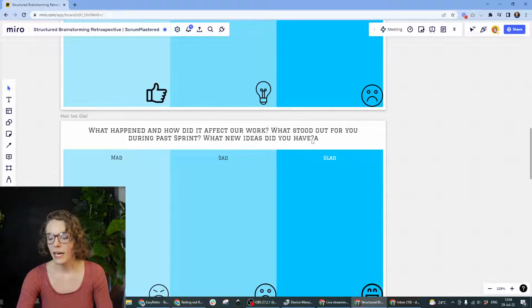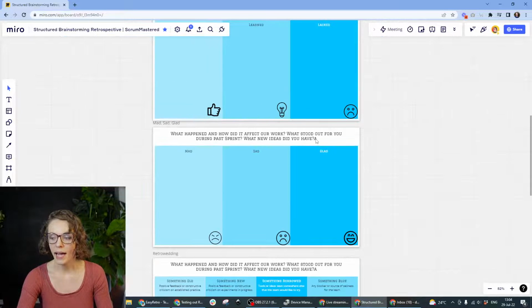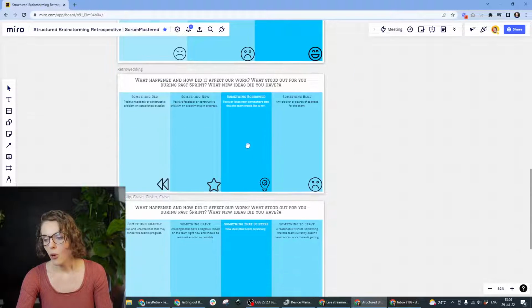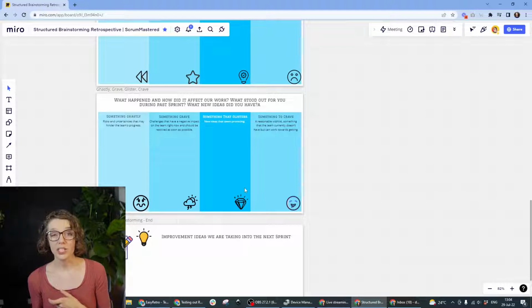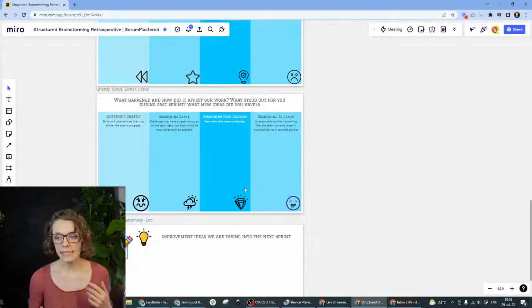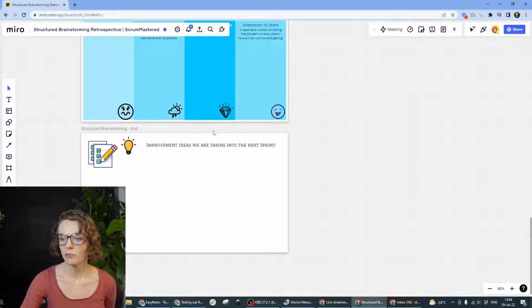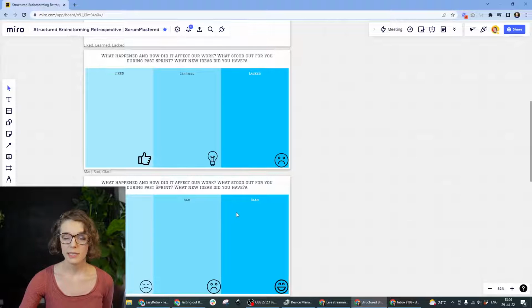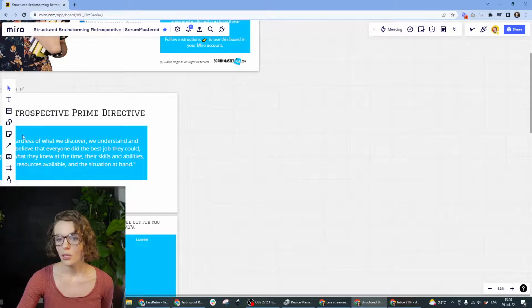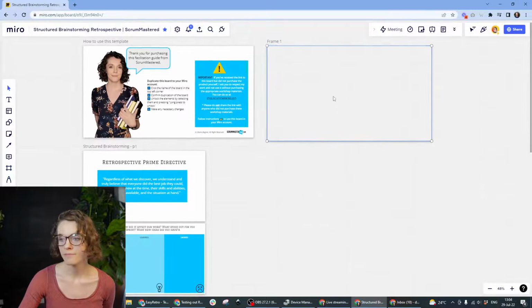What I really like generally is that you can add additional items or additional questions here to just give specific questions to people, because sometimes being able to ask a good question really helps people come up with good ideas. And then improvement ideas were taken into the next sprint. So yes, it doesn't have all of the things that you would want, such as like you can't really track actions. But if you want to create your own retrospective, this is what you do,